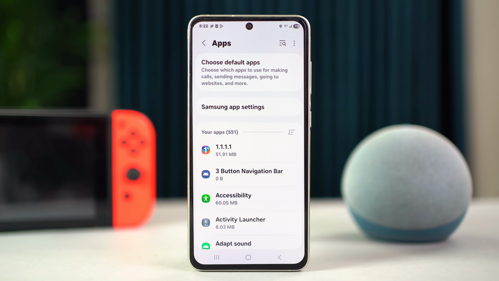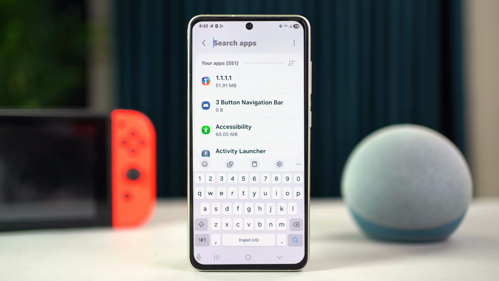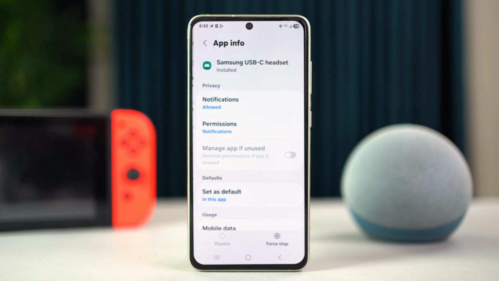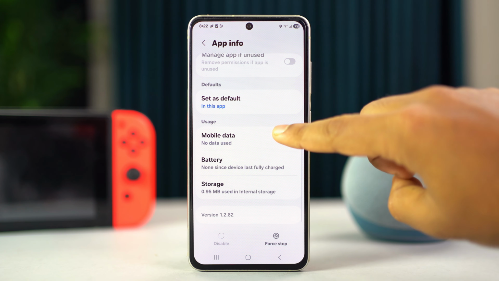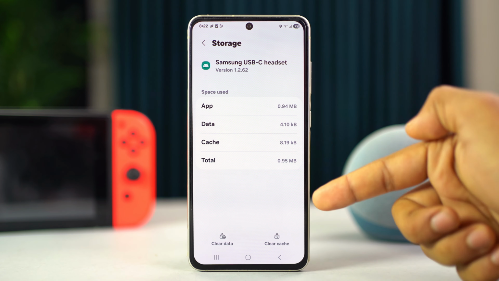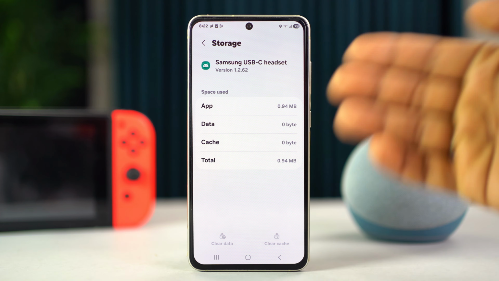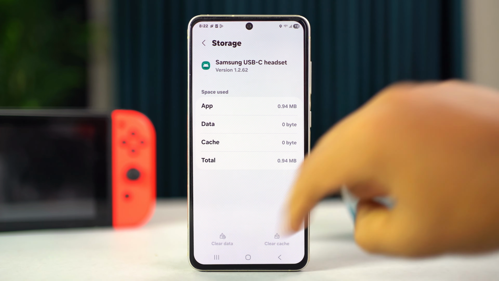Now scroll down and find the Samsung USB-C headset app. After that, tap on it. Now find storage. Then tap on it. Then tap clear cache and data from the below. After that, check your issue whether it is solved or not. If not,